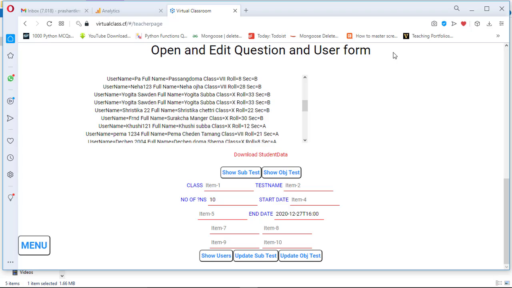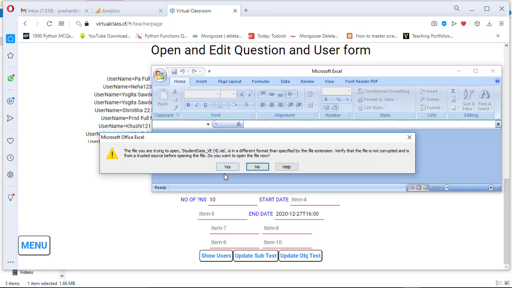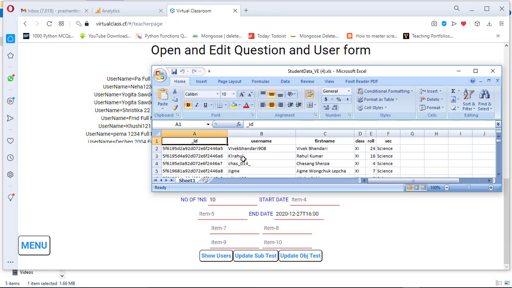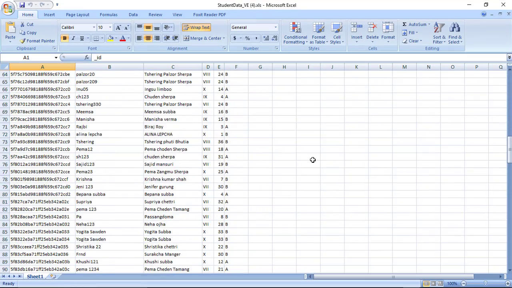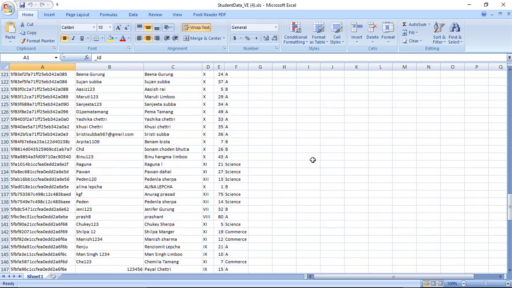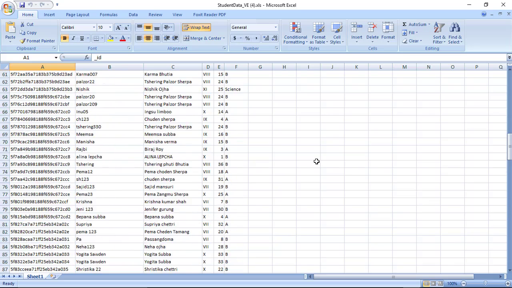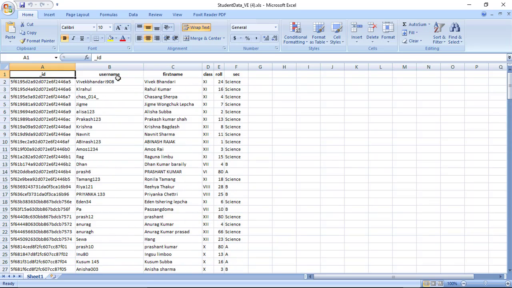Now I'll open it. It asks, so click on yes. Now you can see these are the students registered in my school. In this way you can also see the list of students registered from your school. Okay, so this is the username of